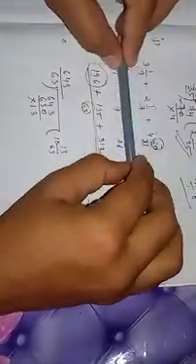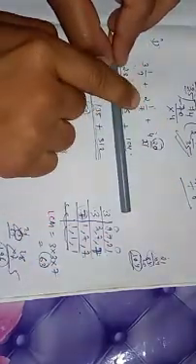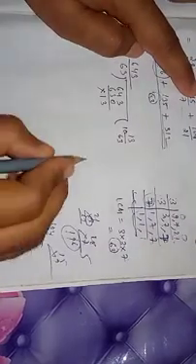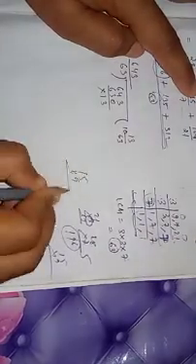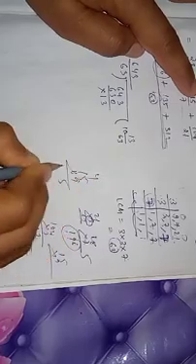Again, you come to the next one. How many times will you get 63 by counting the table of 7? 7 9s are 63. So this 9 will be multiplied with the hidden numerator, that is 15. If you don't know the table of 15, you multiply 15 with 9, you will get 135. I have written 135 over here.